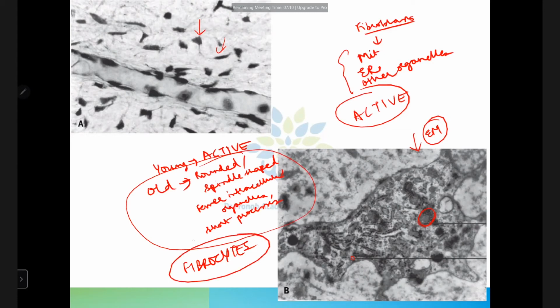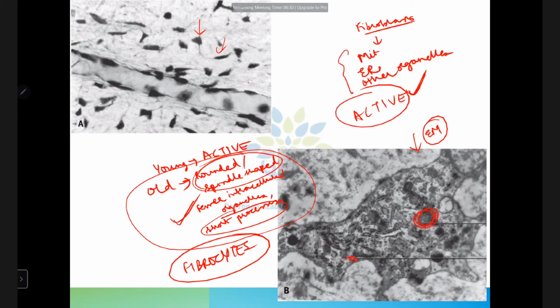Fibrocytes. So fibroblasts are the most numerous cell type in the pulp. They have the dual function of synthesis and degradation. They are star shaped. They have extending processes with which they connect with the other fibroblasts. They have mitochondria. They have endoplasmic reticulum. They have different numbers of organelles. So if more intracellular organelles are present, it means that the cell is active. So it is actively synthesizing collagen. So in young pulp, it is active, whereas in the older pulp, what happens? The activity decreases. In such cases, there will be rounded spindle shaped cells with short processes and fewer intracellular organelles. Such type of cells are called fibrocytes.